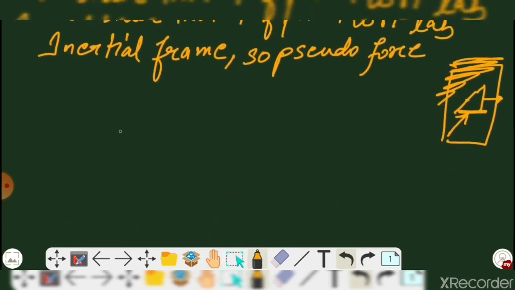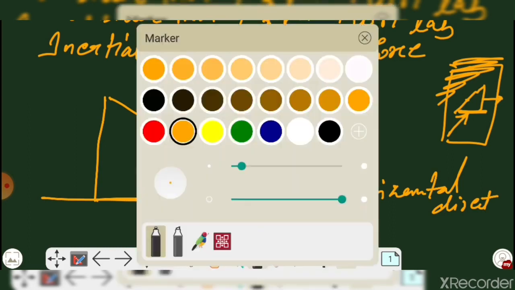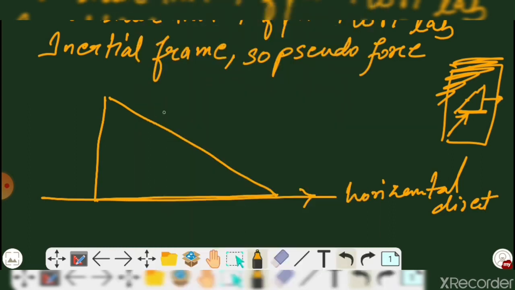Again draw the same diagram. The motion of the prism is in the horizontal direction, so we will consider only the horizontal components here. Now for the block, a reaction force acts, because here we get the normal force, the force of contact with the prism. If the block is displaced, it means the prism will also be displaced from its position. Another force is mg.